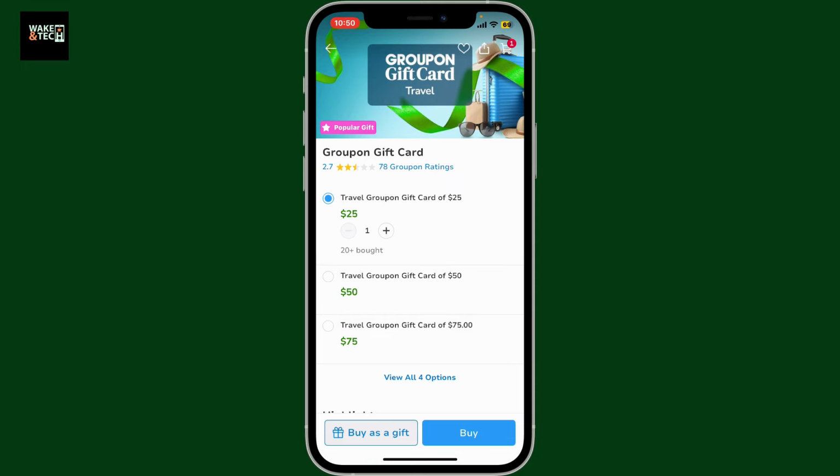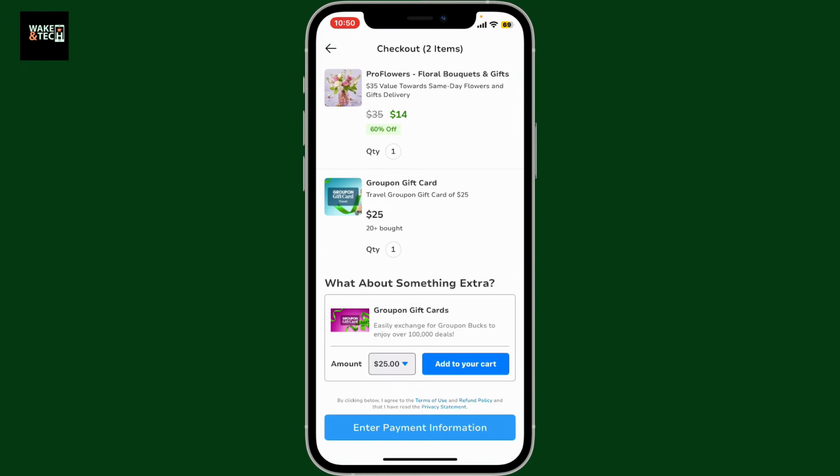Now choose one of the gift card options from the list and choose how many gift cards you would like to purchase by tapping the plus or the minus button. Finally, tap on Buy at the bottom right corner and you will then be able to add the gift card to your shopping cart. Now once you end up in this checkout page, tap on Enter Payment Information and then